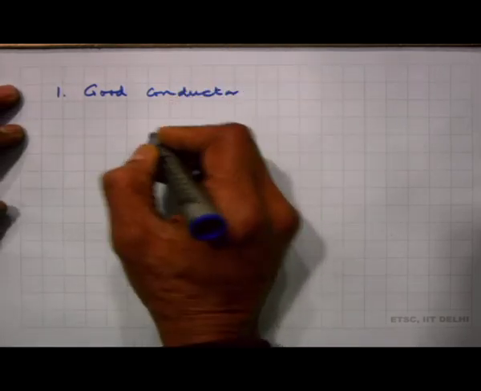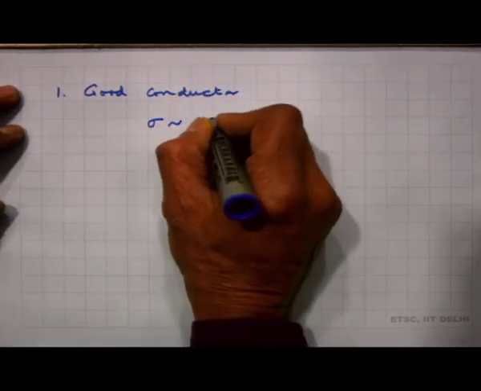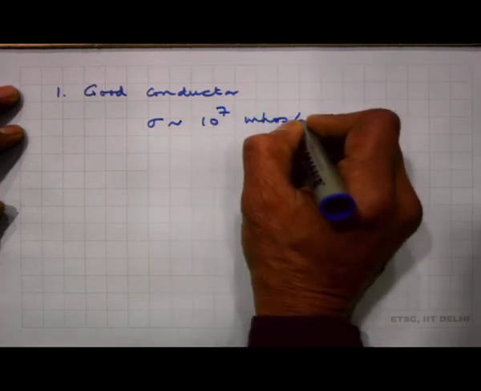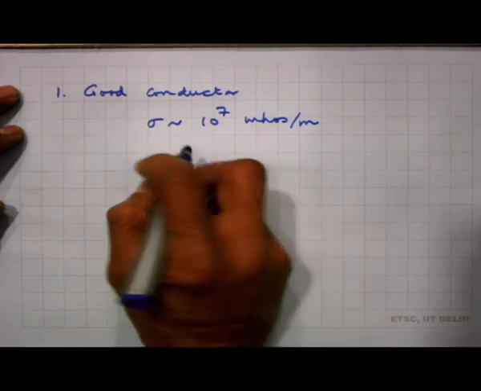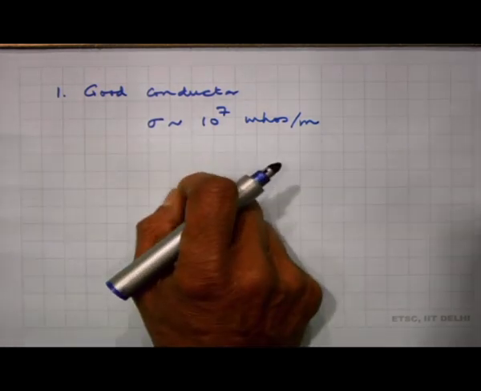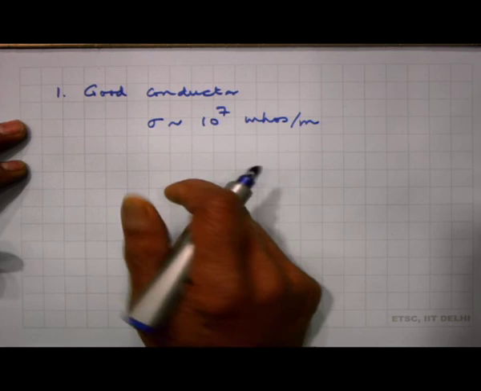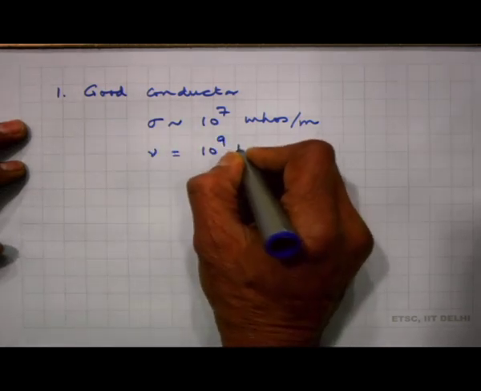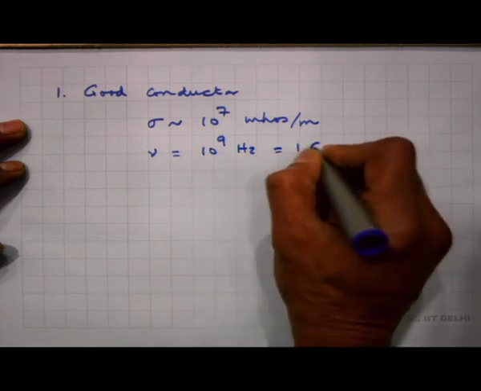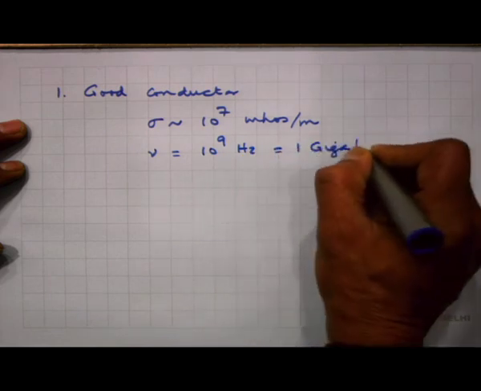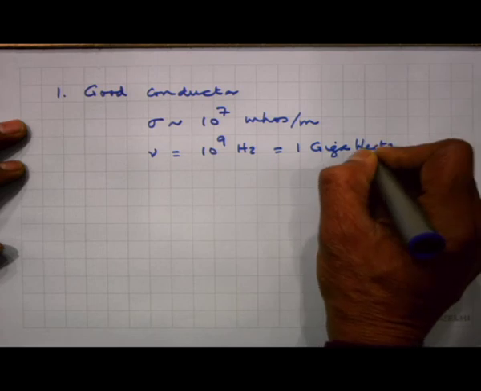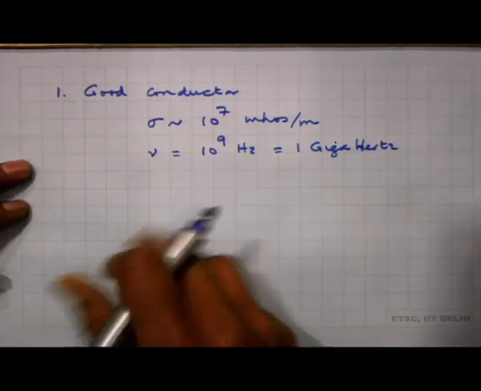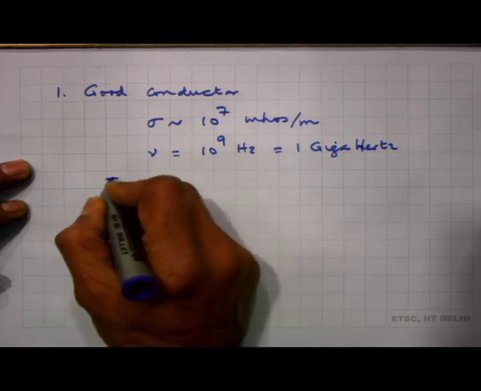So, in a good conductor, the conductivity is approximately 10 to the power 7 mhos per meter. It is a large conductivity. So, that is what is called a conductor, it is a very large value, and if I take a frequency of say 1 gigahertz, remember we had introduced this power 10 to the power 9, which is called a gigahertz,